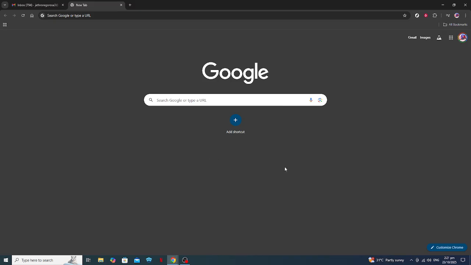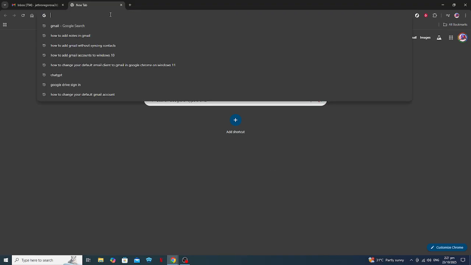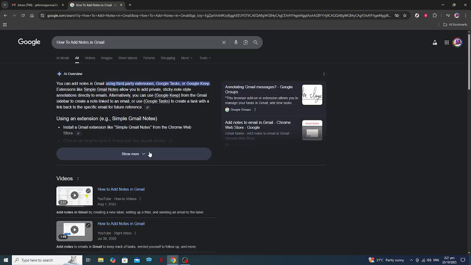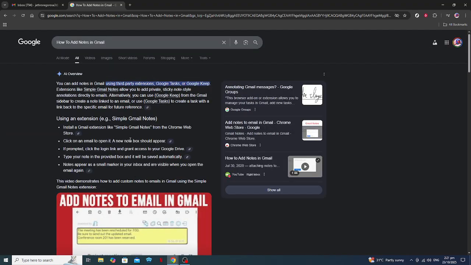To kick things off, start by heading over to your favorite web browser and searching for how to add notes in Gmail using Google Search. This will take you to the respective page where you'll find various tools and add-ons specifically designed for this purpose. By accessing Google Search, you can discover a variety of options that will help you enhance Gmail's functionality by adding